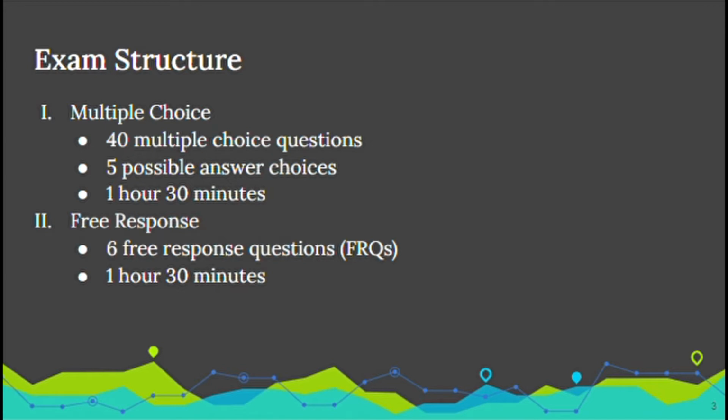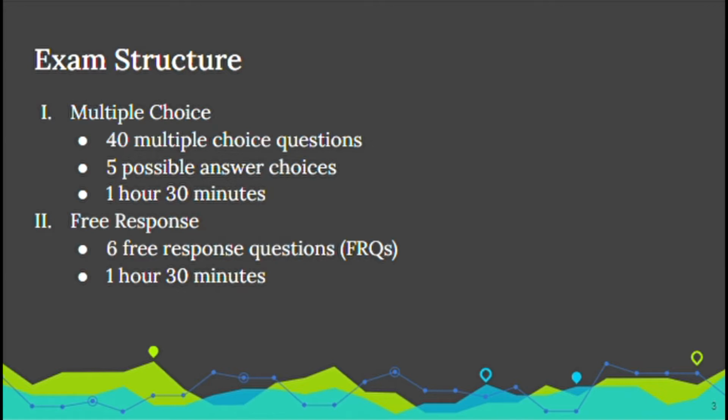This is being made in 2020, which brings me to my other point that if you're taking this exam in 2020, you're going to need to check out another video that'll be out soon about the changes due to COVID-19, because 2020 is going to be pretty much completely different from most normal years. But for the most part, this information is going to be relevant. As of now, it's still 5 answer choices, but be on the lookout. They might drop that down to 4. We've seen them do that before.